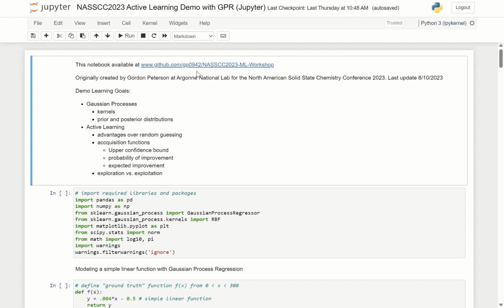This is the first part of my demo at the Machine Learning Workshop at North American Solid State Chemistry Conference 2023, talking about active learning with Gaussian process regression. This notebook is available in its entirety at my GitHub page, which is here,